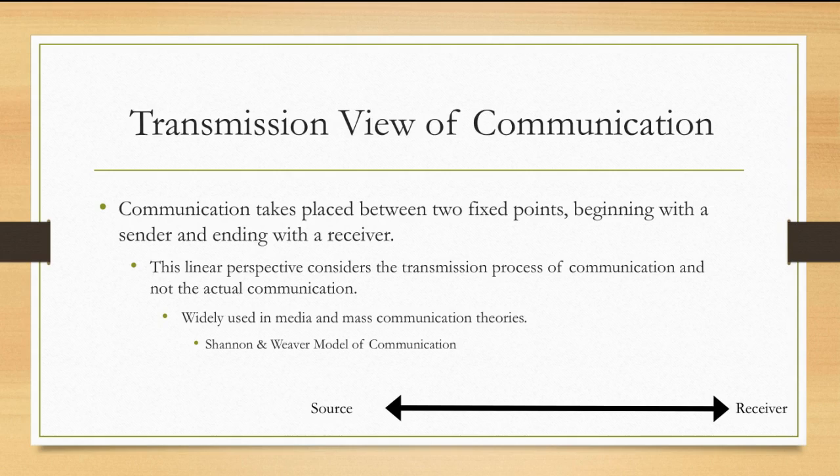So communication views really tell us and describe which ways we use communication and how communication works and functions as a process. The transmission view is one of the most popular views related to it. It's also known as the linear view of communication. It really tells us that all communication takes place along a line. It begins with the source and it goes to a receiver, and everything is bounced back and forth on that line, and we can track all communication between those two fixed points.